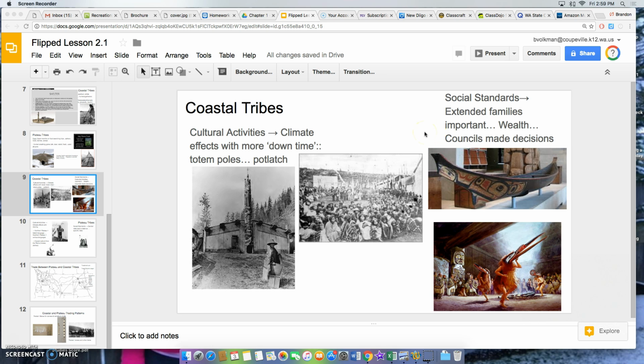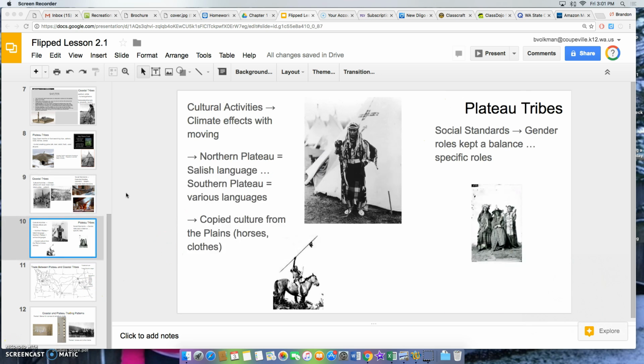Also, the councils were the main guys that made the decisions. Now they had chiefs, nobles, and commoners and slaves as well. Looking now at the Plateau tribes and their cultural activities, just like with the coastal tribes, the weather affected them